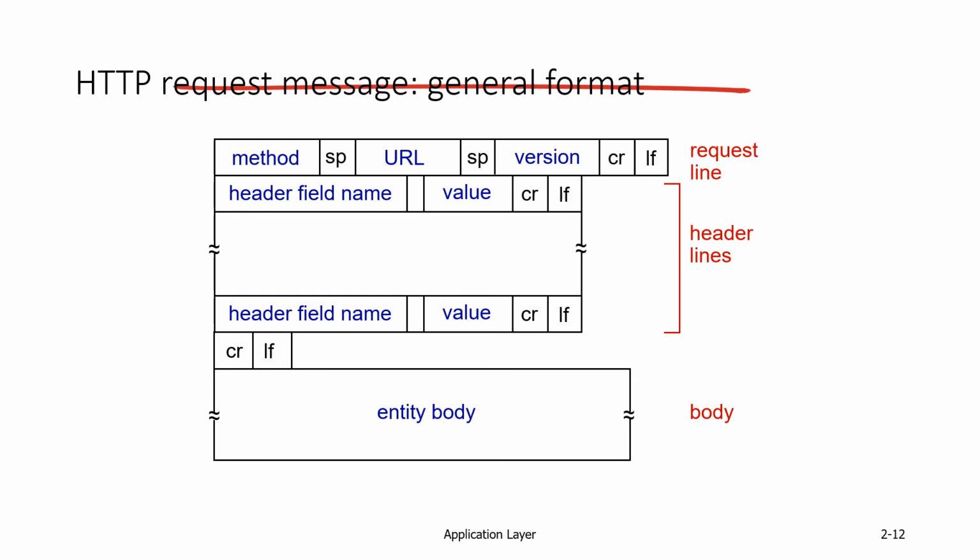So this is your request line once again. First the method, which is GET or POST. If the server is replying, it is going to reply with POST in version 1.1 of HTTP. If we are using 1.2, POST is going to be replaced by PUT. Then the URL, the version of HTTP you are using, the header field names and the values that we have discussed, and then after that the entire body of the message, that is the contents of the object or the contents of the index.html file.